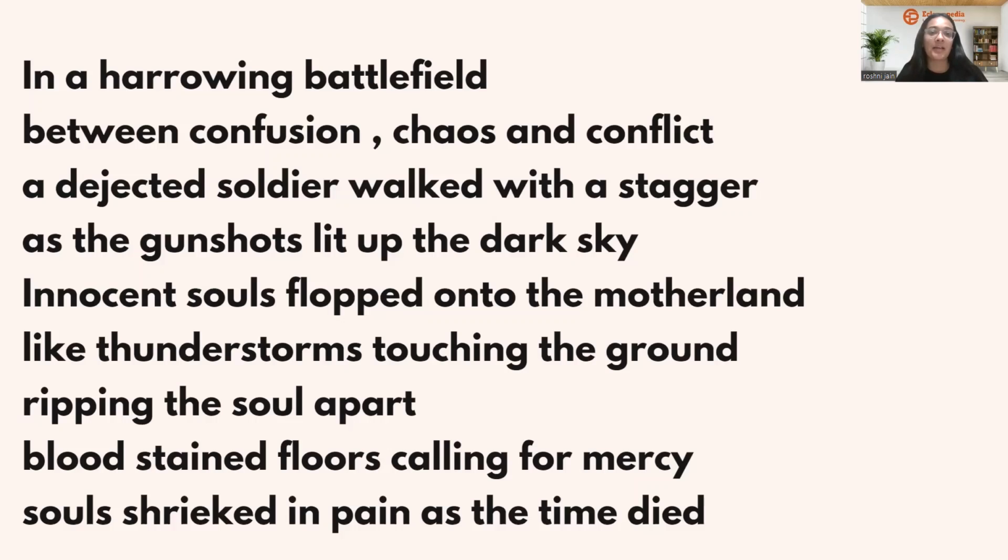Now, there appears a depressed soldier. When the soldier sees the atmosphere of the battlefield, his mind turns into a conflict and he starts contemplating what has happened in just a few seconds, and whether he'll be able to regain his consciousness and lead a normal life in future or not. He walks in a really unsteady way because he's in confusion and he's not able to make up his mind about what has happened. The main idea of the poem is chaos because of the dead bodies that are lying around in the battlefield just like dust grains.